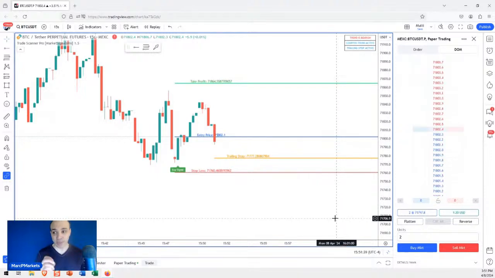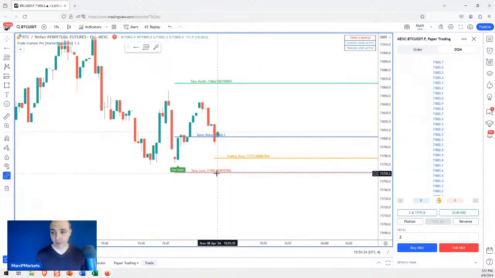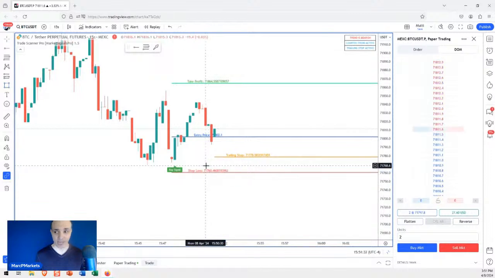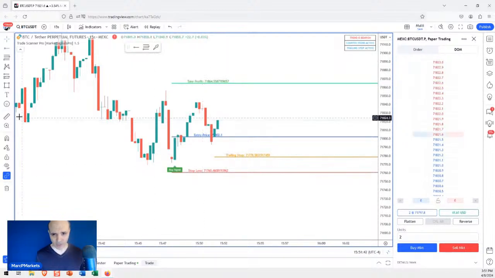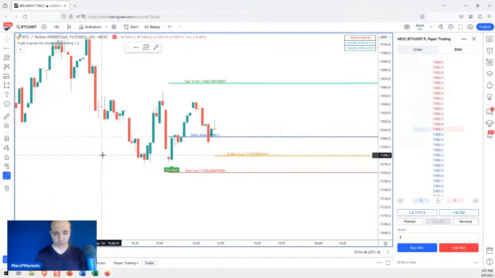You must respect the stops, especially on a small time frame like this, because if I don't respect the stop and I just say, yeah, I'll just give it a chance. It goes below here. I'll just give it a chance. You realize you saw where we were on the Bitcoin bigger picture, right? If this thing decides to pull back to 65K, I'm losing thousands of points simply because I failed to respect the stop. You must, when you're using a tool like this, respect the stop at all costs.